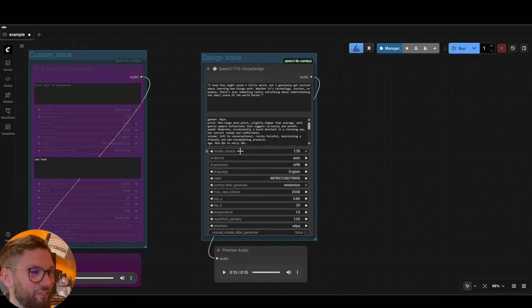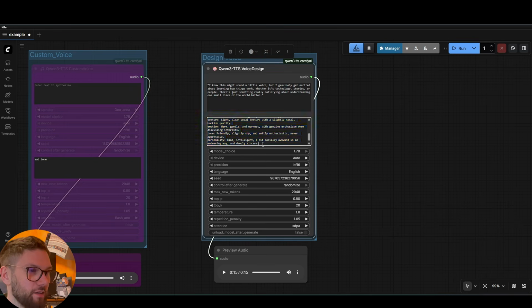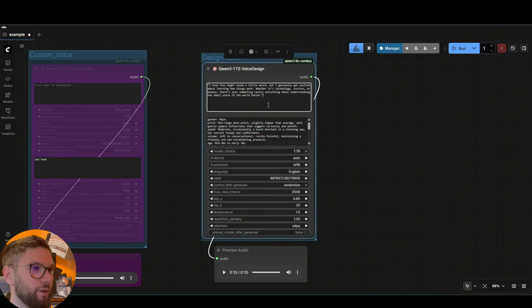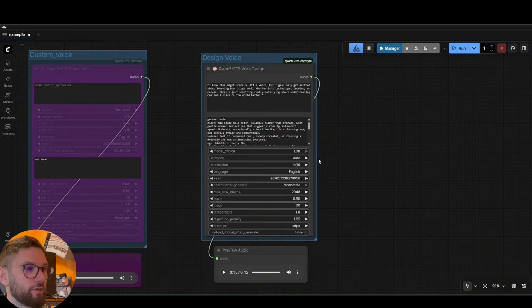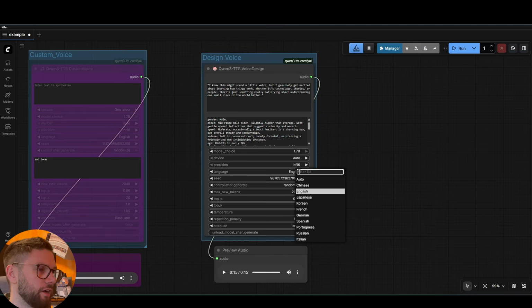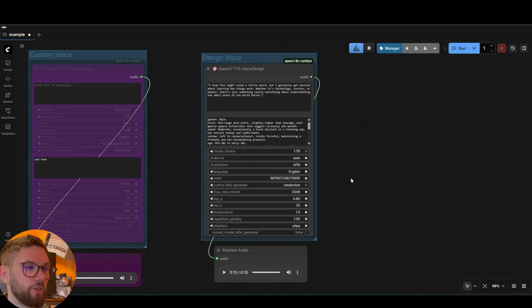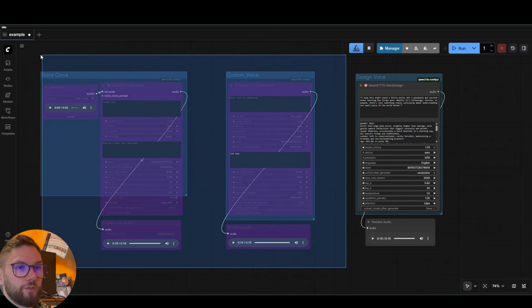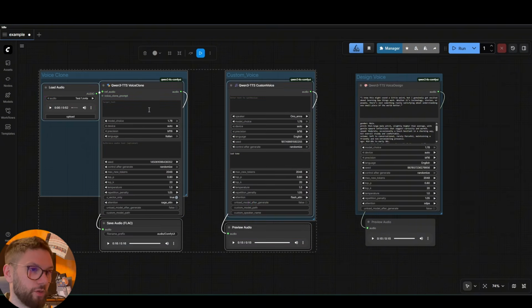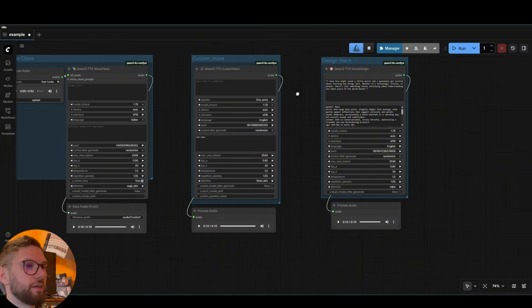Again, great, great generation. So you can use this model to design the voice that you want. Of course, use this template to generate exactly the voice that you want for your character. But this is very, very powerful as a tool, and also you can generate in different languages. So if you want your character to be Chinese, Japanese, Korean, I mean, you can use this to generate the voice that you want. So now we have seen all the three parts of this model, Qwen 3 TTS,